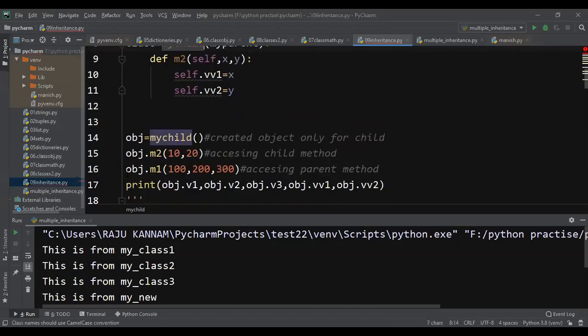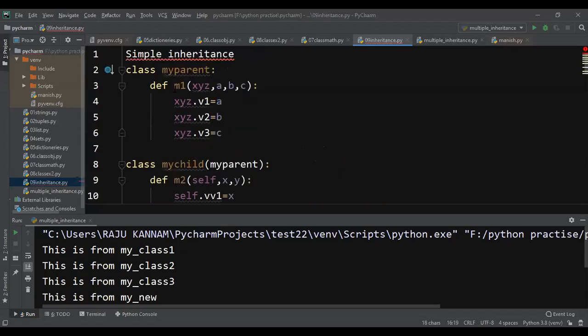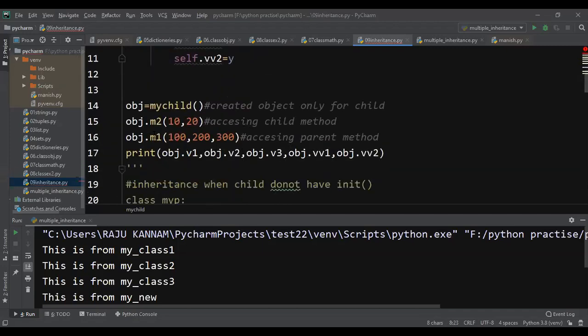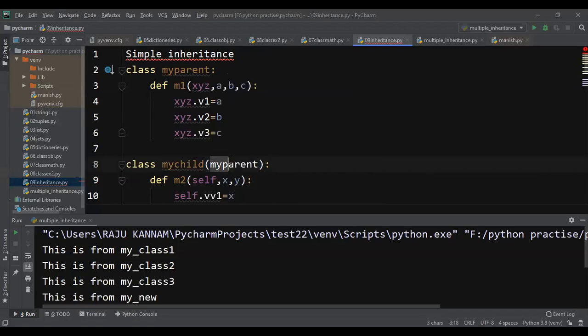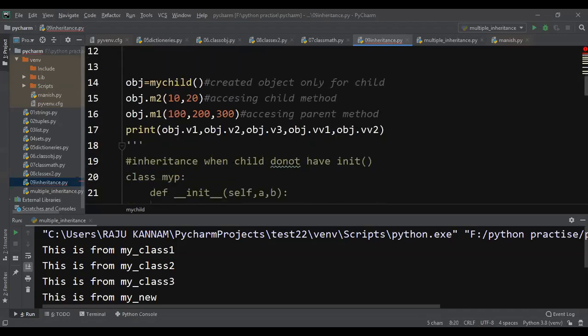The m1 method is a member of my parent class, but it can be accessed by my child since my child is inheriting the functionality of my parent. So I'm calling obj.m1 using the child class object, because it is inherited, and I'm giving 100, 200, 300.